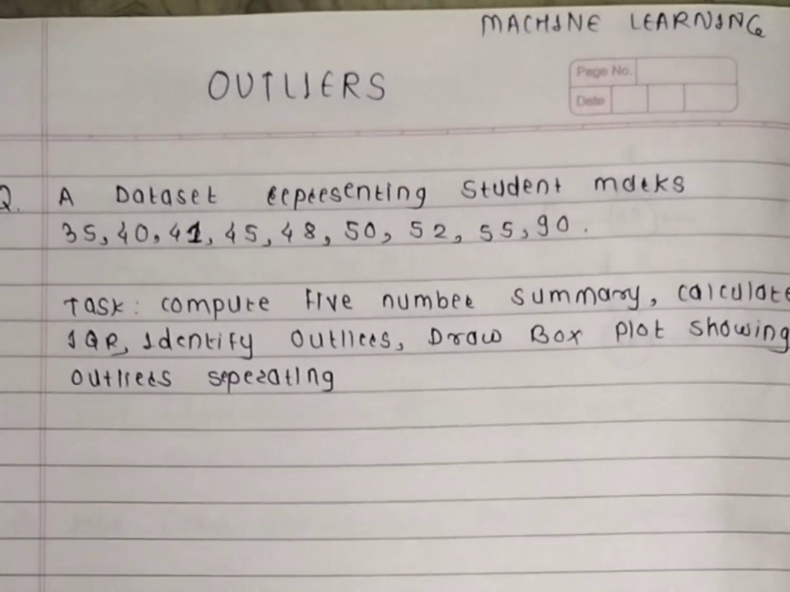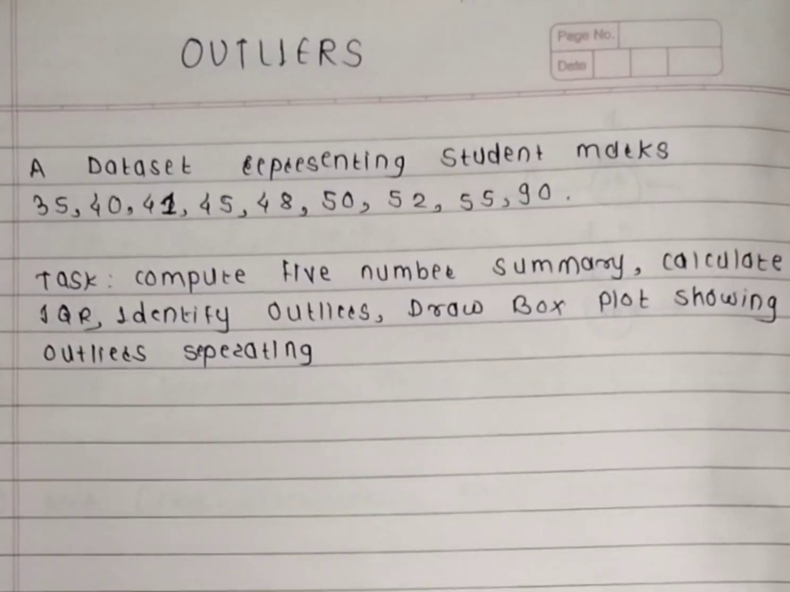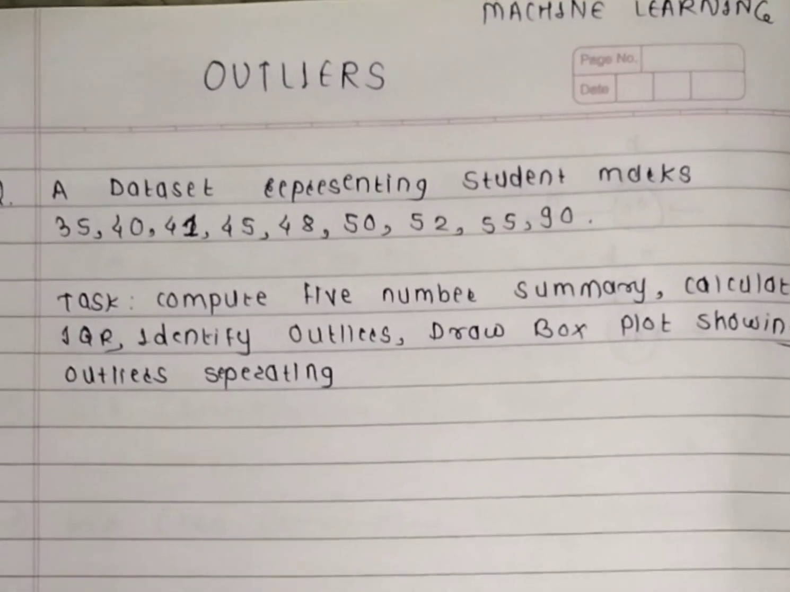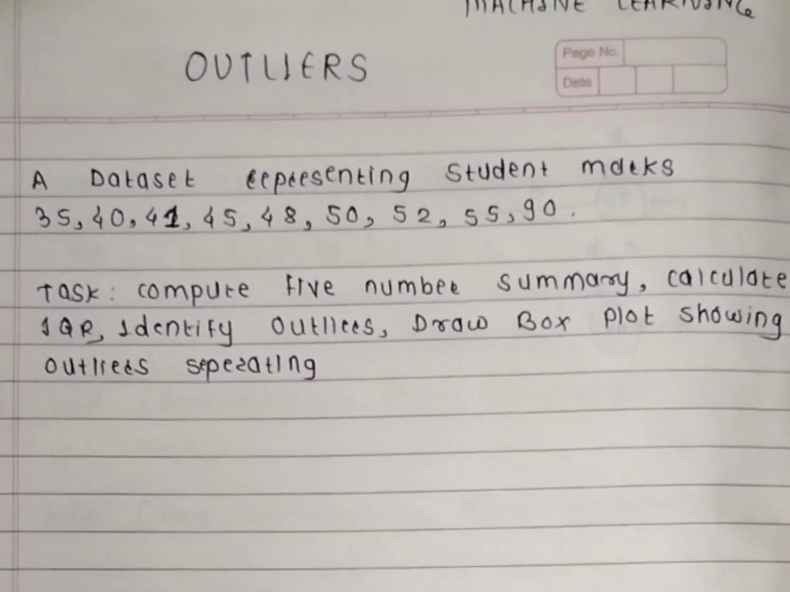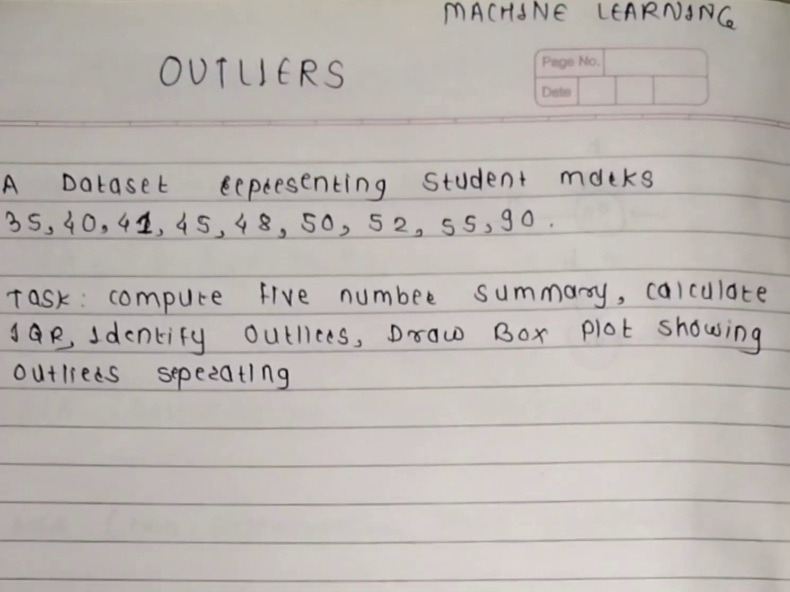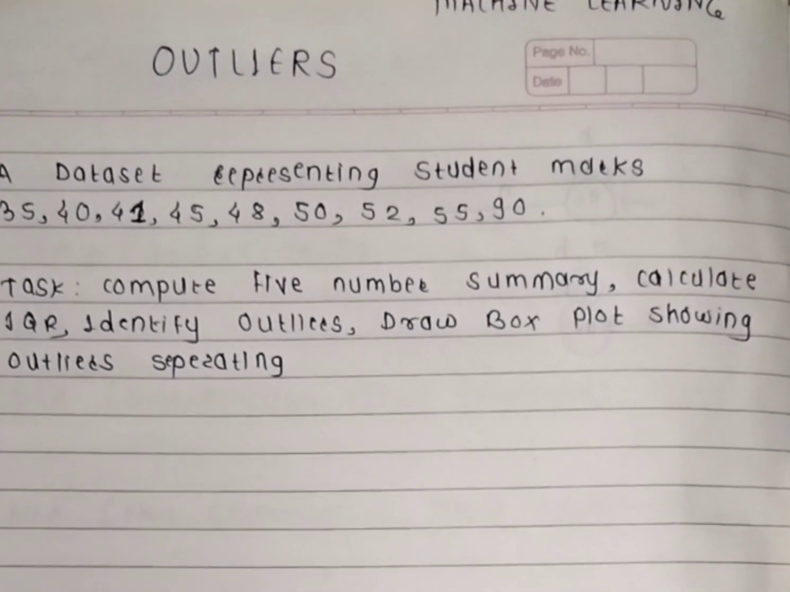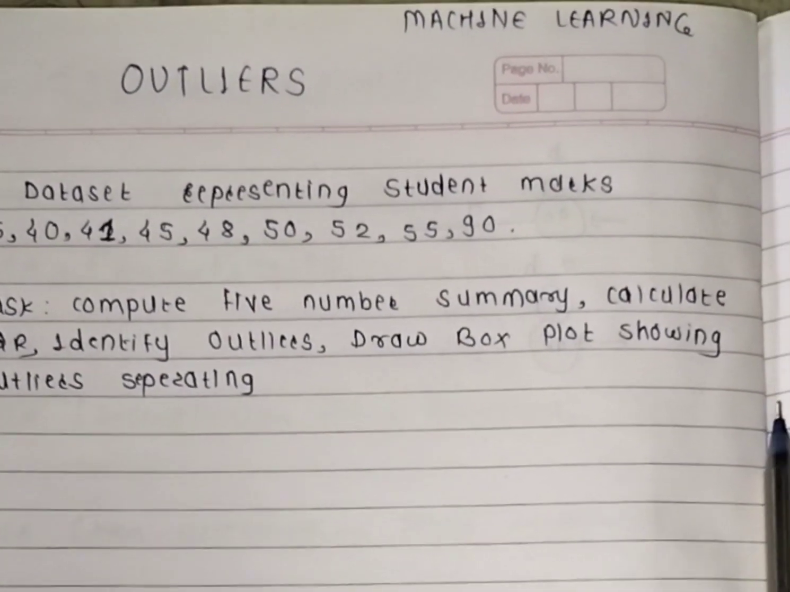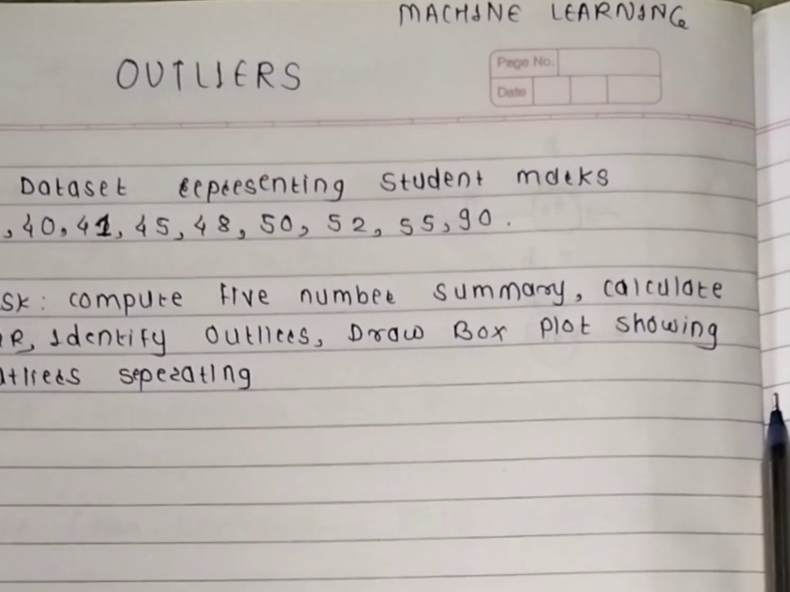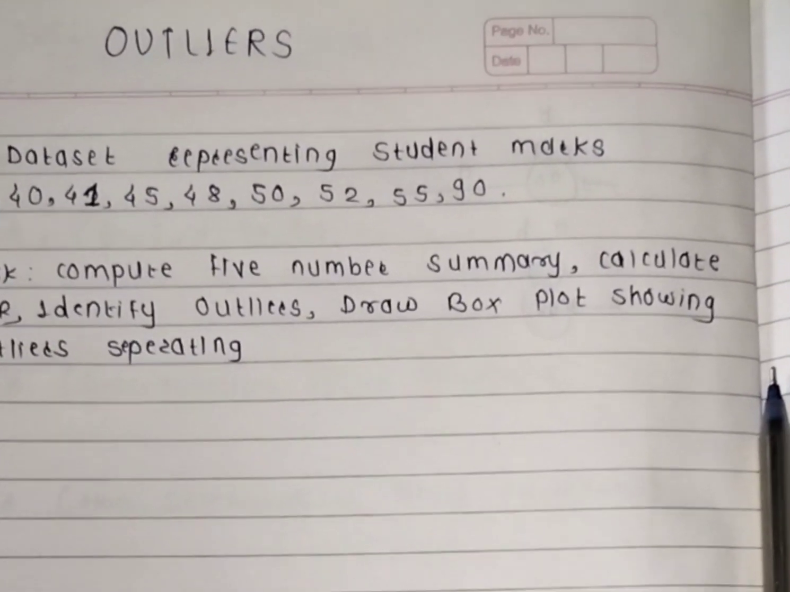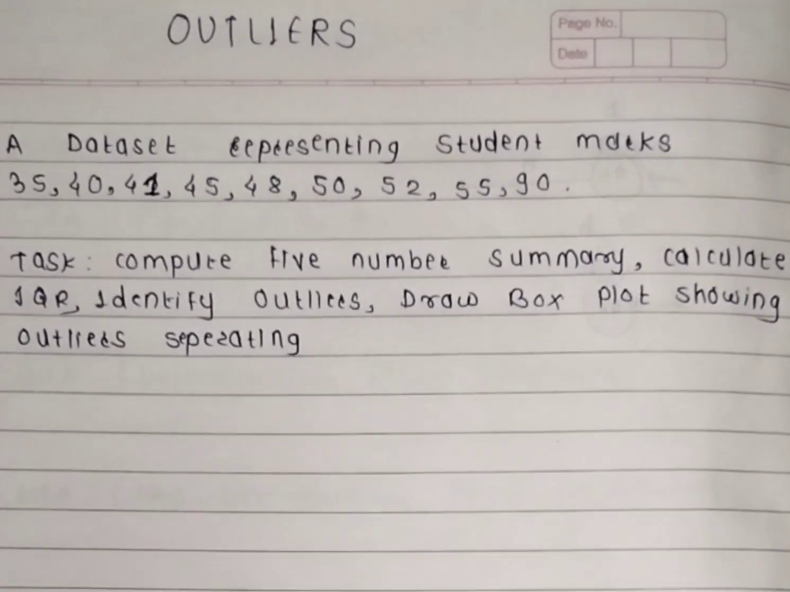So hello everyone, today we are going to see what outliers are in machine learning with one solved example. So first of all, let us see what an outlier is. An outlier is a data point that is very different from the rest of the data. It can be unusually higher or unusually lower compared to the other values present in the data